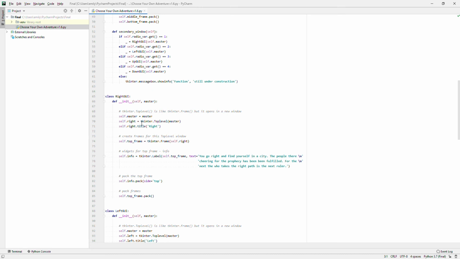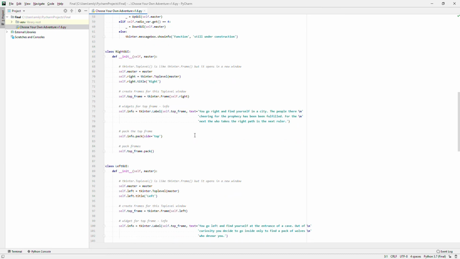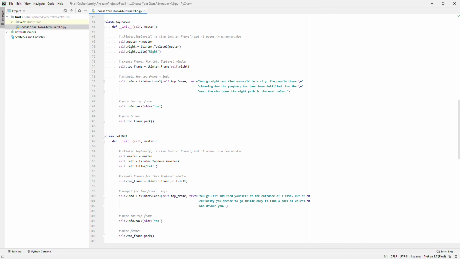Once there, we use the self.master equals master and self.right equals the Tkinter.Toplevel. The Tkinter.Toplevel creates a new window for us to use. We create the frames for our new window. We create the widgets for our new window, which shows the results of the choice we made in our Choose Your Own Adventure. We pack the top frame, we pack the frames,